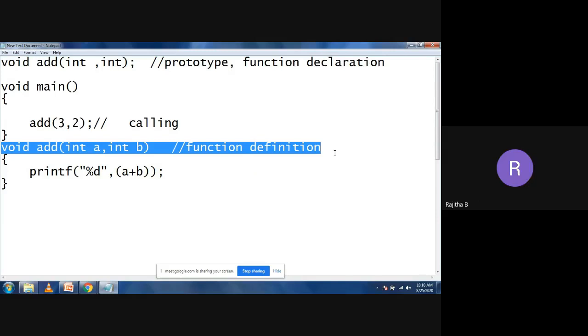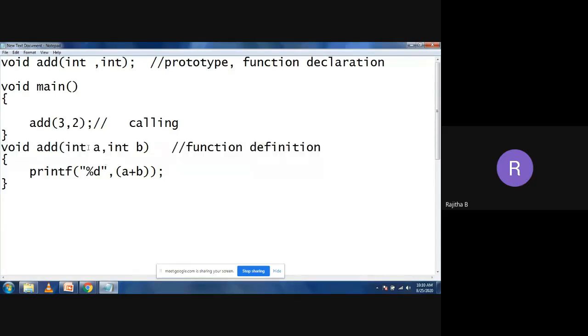Yes, ma'am. Good. Now come to the class program. If you want to use the same in C++ also, you need to take the cout statement. Simply take the cout statement with the less-than symbols. You don't have any specifiers here. Simply you can take a plus b. That's it. It is the same program in C++ also. Instead of printf, I'm taking the cout. Everything is the same. You need to take the function declaration, call the function, and take the function definition also. But when you are using the classes,